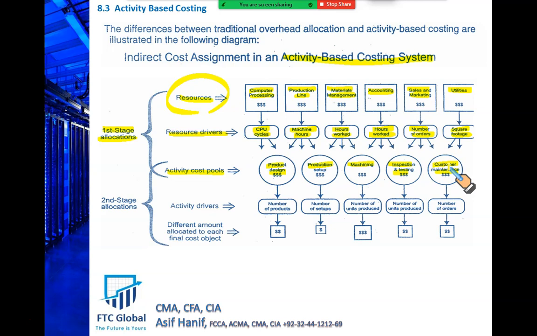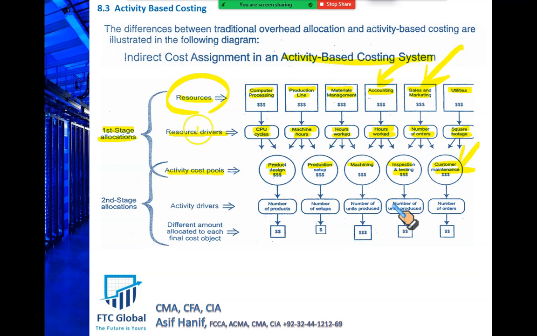Now there is a very fine point to remember: under the ABC system, some costs which we do not consider a part of product cost, like accounting cost, which is never made a part of product cost in any system. Customer maintenance cost is absolutely nothing related to the product cost. But under ABC, many costs, like sales and marketing, which is never a production cost, ABC might treat as a part of product cost because somehow they are involved in different resource consumptions. This is the trouble with ABC, because your activity-based costing may not be fully compatible with your traditional costing that is acceptable under US GAAP.